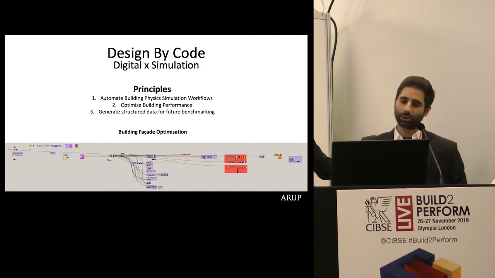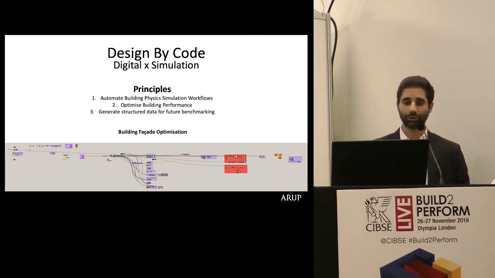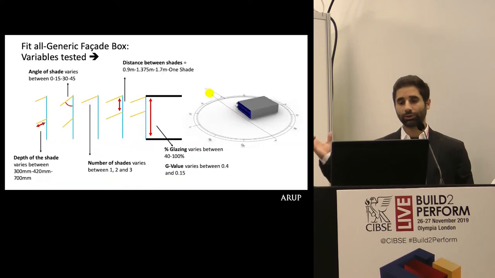What you see at the bottom is basically me trying to automate stage 1, 2 to 3, from everything from building physics to mechanical selection, electrical, and public health. So this is a really big workflow. But for this presentation in specific, I'm only focusing on a very simple problem just to show you the benefits of going digital. So I took